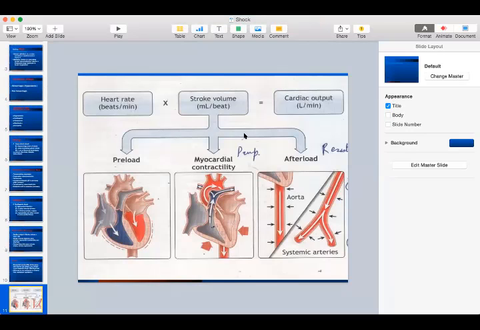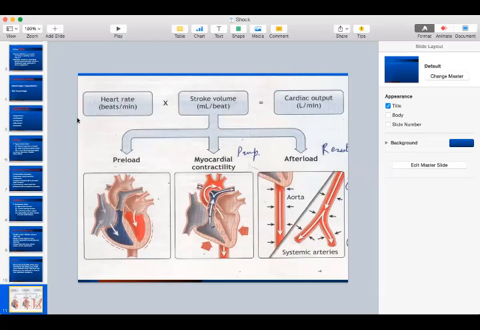All right, this diagram illustrates the basic principles, describing the main model, which is the cardiac output, with the formula at the top. We see the heart rate, which is beats per minute, times the stroke volume, which includes the preload, the amount of blood being pulled into the ventricles from the peripheries. Then you have myocardial contractility, the heart muscle which contracts and pumps blood out of the heart. And afterload is showing you the aorta and the systemic arteries across the body.